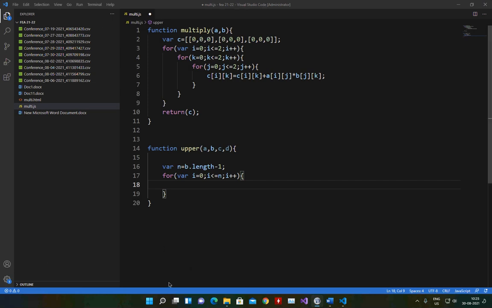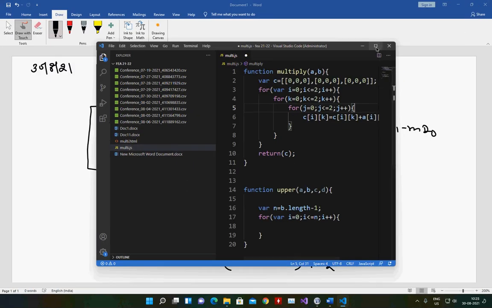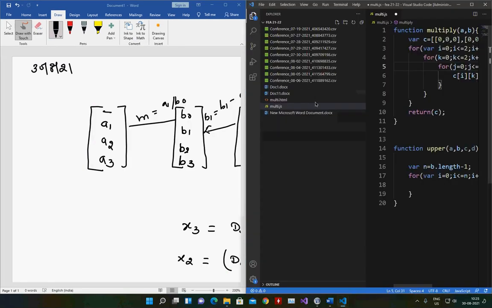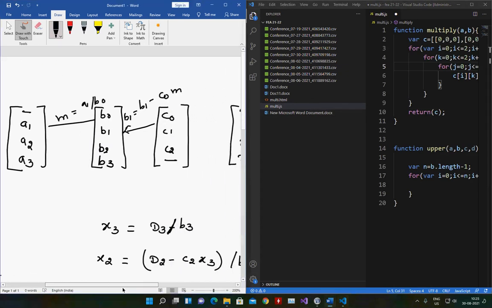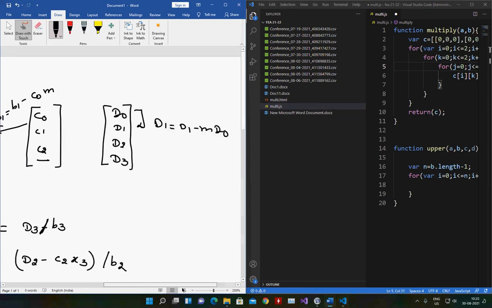Okay. So now I'll write the formulas here which I was using. So here in this case, these are the three formulas I was using.